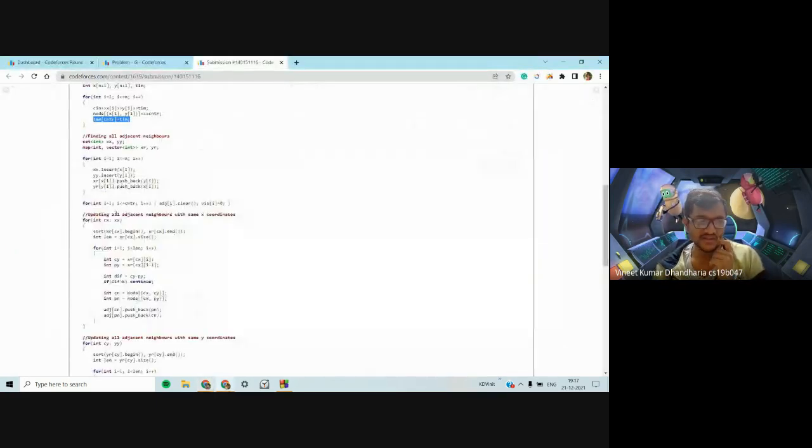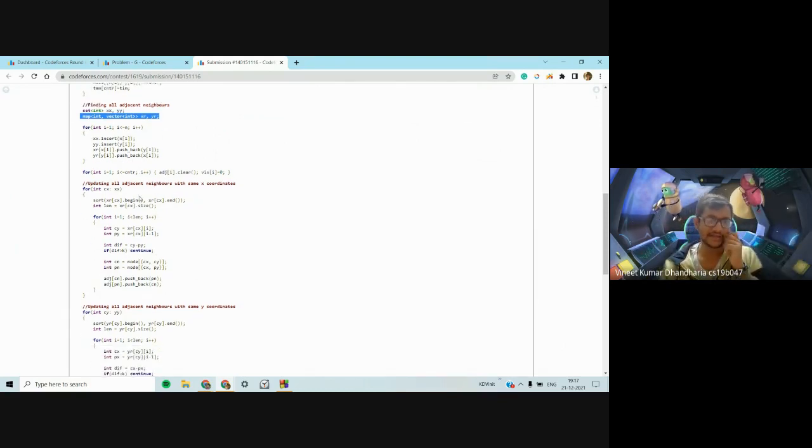And for that, what I've done is I have stored them in a set, like in a map. Basically for each x coordinate I have stored all the y coordinates with that particular x, and for each y all the x coordinates with that particular y. So that's more about the implementation side, which you can see and get. Using that, I have created the adjacency list. If the difference is greater than k, you can't do anything else.